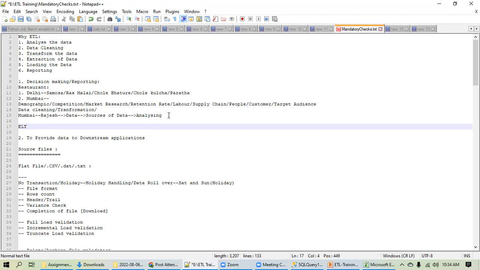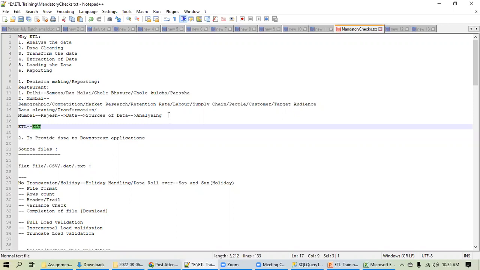Fine. This is the reason this ELT came into the picture nowadays. Earlier, you had only ETL, but now you have the concept of ELT as well. And this is because of the sources of data. I will tell you why ELT, what the benefits are, what the challenges are, and why organizations are slowly moving to ELT.